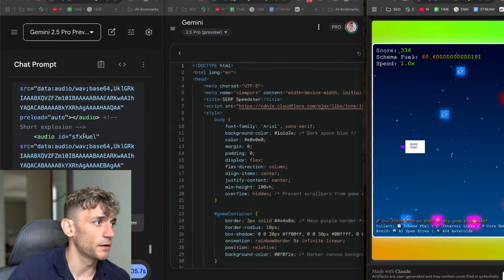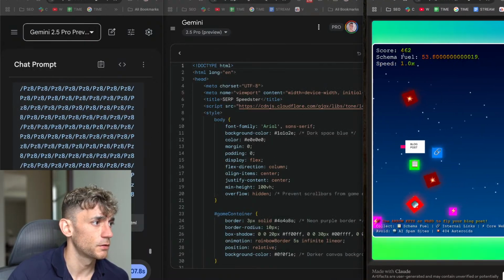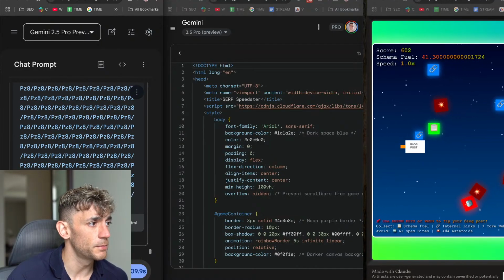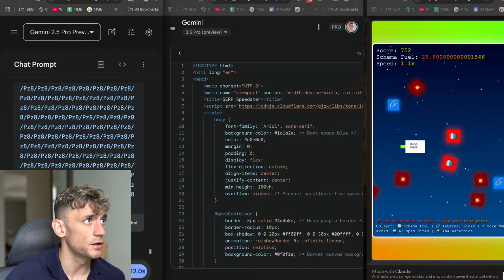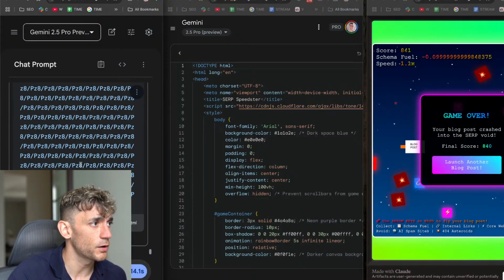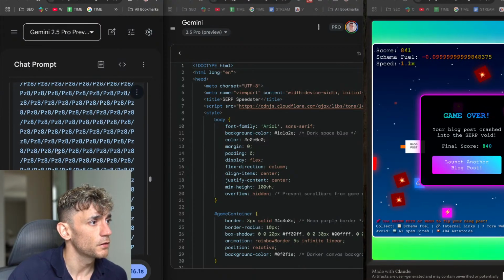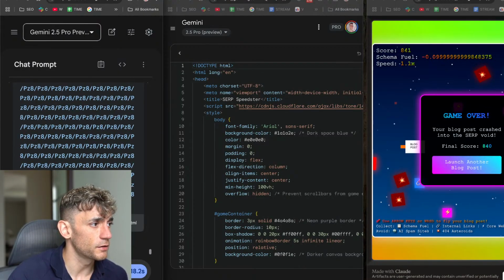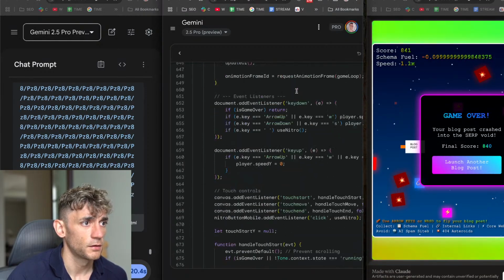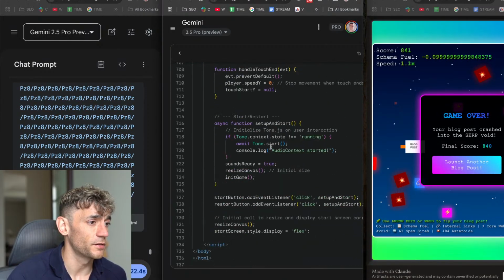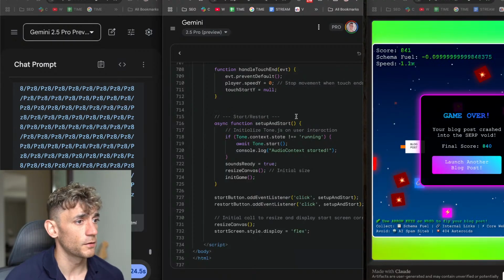Now let's see what we got back from AI Studio. That looks to be getting a bit confused. Sometimes it does this, AI Studio, with sound effects. So you see how it's just creating loads of code? I reckon it's going to break, but we'll see in a sec. And then we got Gemini still building this out. That should be ready to preview in a sec.